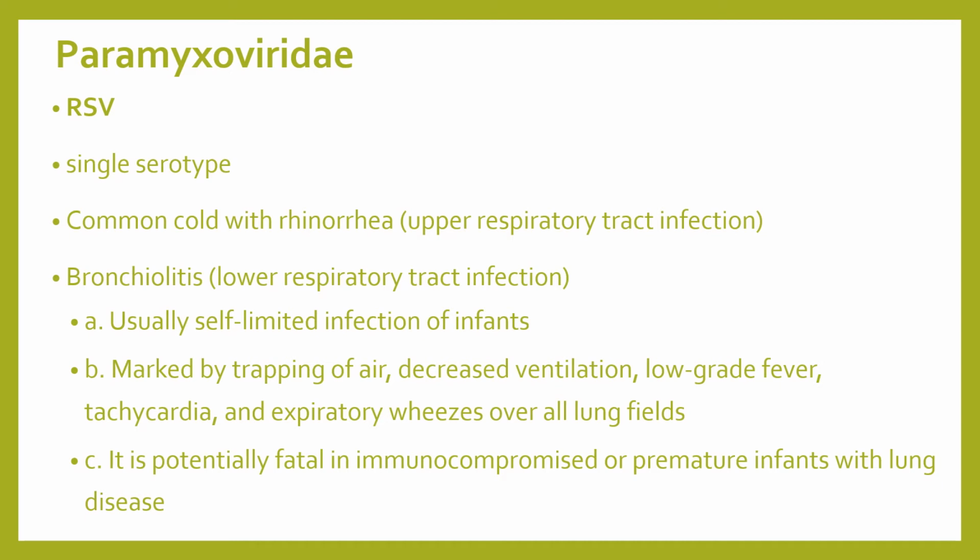Then another member of the Paramyxoviridae is RSV, or respiratory syncytial virus. This is again a single serotype. It manifests as a common cold with rhinorrhea, usually as an upper respiratory tract infection. Later on, when it goes down to the lower respiratory tract, it can cause bronchiolitis, usually a self-limited infection in infants, but in